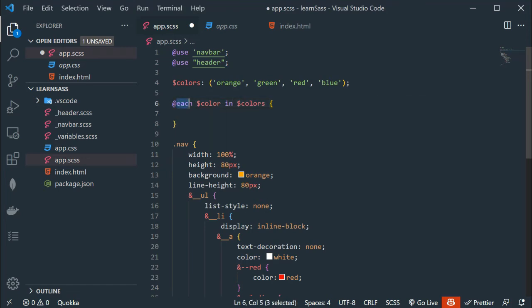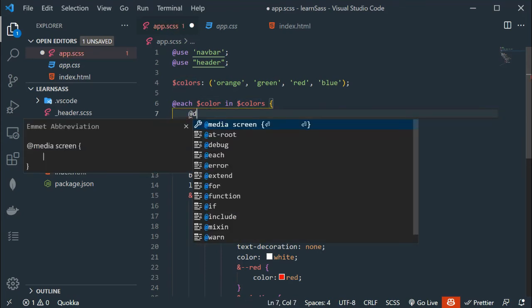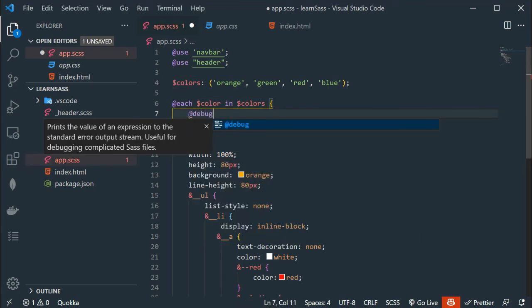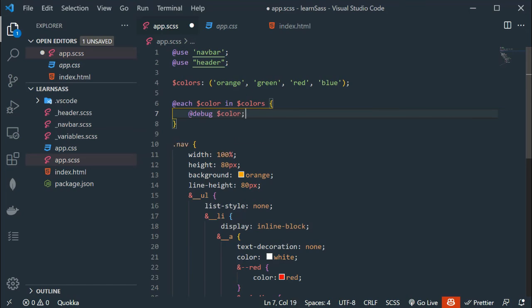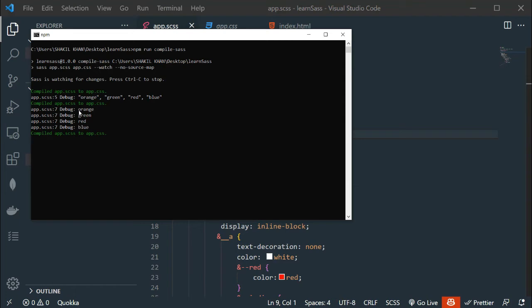So each will loop the $colors list, and we can access individual values through $color. Let me show you. Simply @debug $color. Save the file, go back to command prompt, and we have orange, green, red and blue.